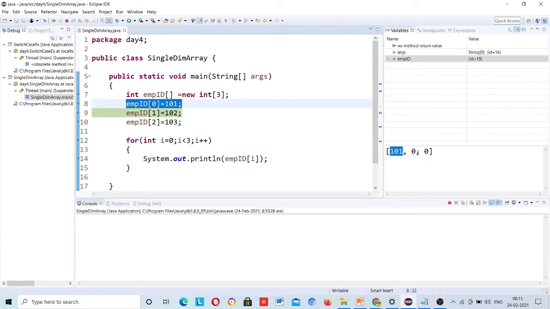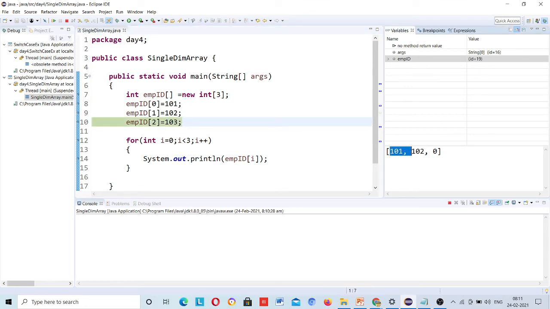This is 0, once you execute this line, then 102. Again, then the third index data will be filled over here. And then it will run your loop.